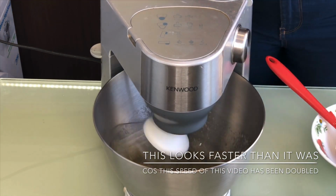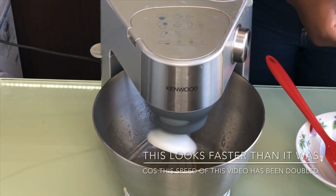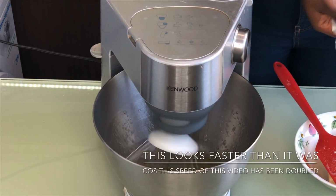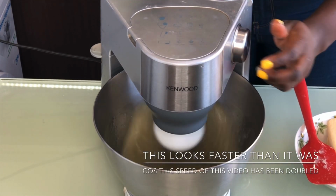It is hot right now, so while it mixes, it will get cold. The more it mixes, the colder it gets. So right now I'm going to be wrapping my butter. And the trick to this buttercream is to let the buttercream tell you when to stop adding butter to your